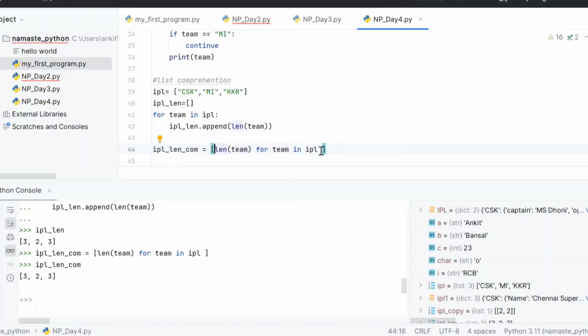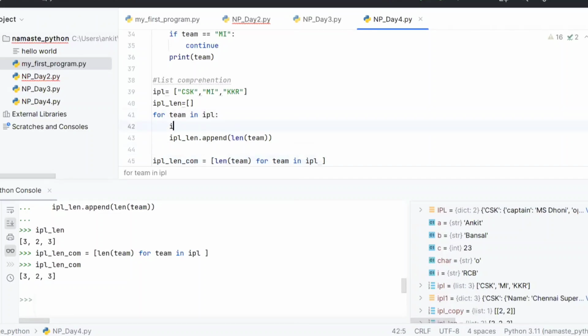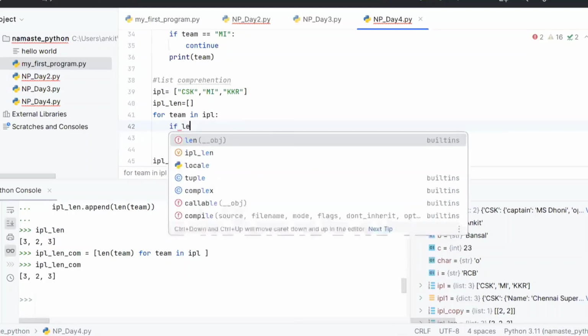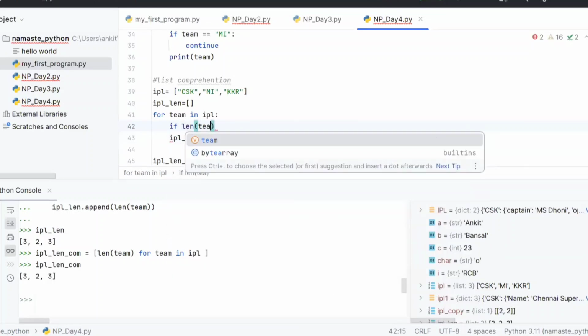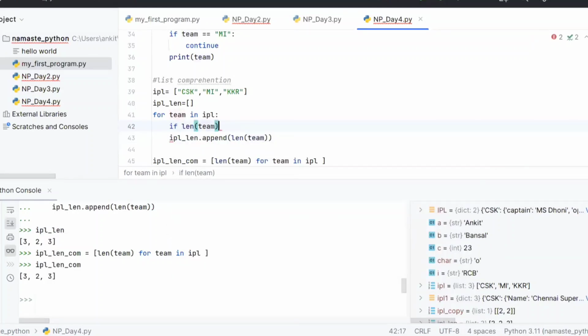Now, let's say I want to put a condition. If the length of this is 2, I don't want to keep it in the list. I only want to keep everything else. So what can I do? In this, I will say if length of team is greater than 2. Let's say I want to keep all the lengths which are greater than 2.